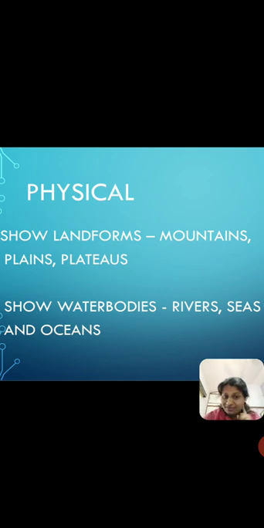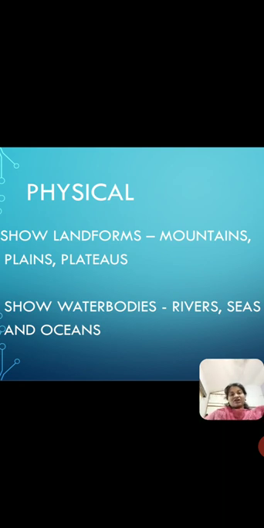All right, pay attention to the pronunciations of the words that I am saying. So basically, physical maps show you landforms. All right, what are landforms? Landforms are the mountains, the valleys, the plains, and plateaus on earth.